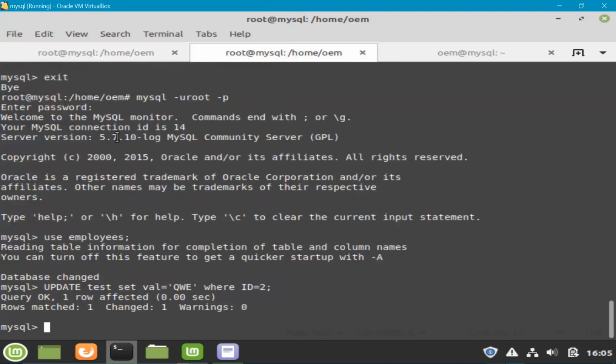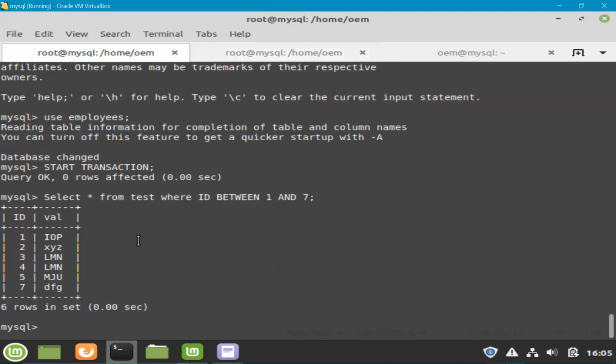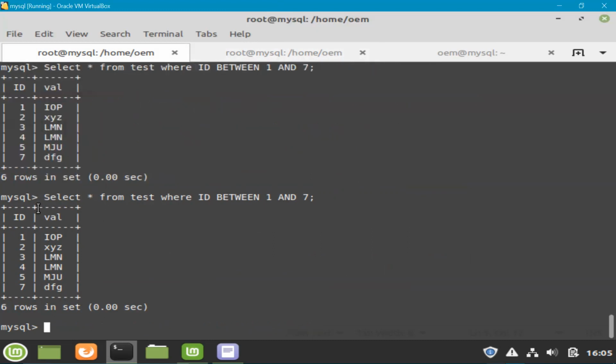So I've hit enter. Now this is under the transaction, and if I run the same select statement again, you can see that you have again got the value XYZ. You did not get the new value. So this time you have got the repeatable read: the data that you got before, the exact same data you have got here as well.